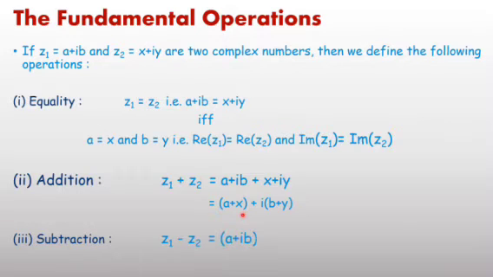Subtraction of two complex numbers, same process. If we want to subtract, their real parts a minus x, plus i times the subtraction of their imaginary parts, that means b minus y. So these are three operations on complex numbers: equality, addition, subtraction. Now next,